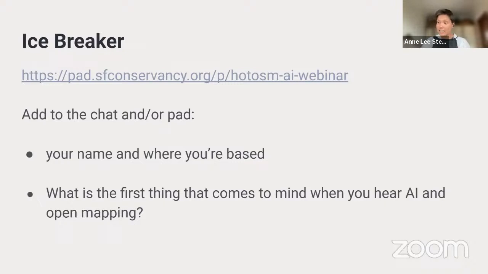And big data, satellite imagery. One thing that's becoming quite clear in how people are responding to this question of what they think of when they hear AI and open mapping is how differently people are thinking about the same concepts. This will likely come out in our discussion later on as well, because people aren't thinking of the same thing when it comes to AI.